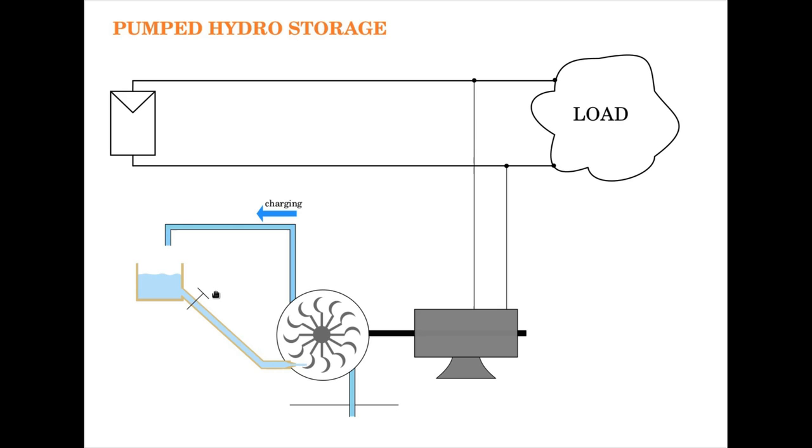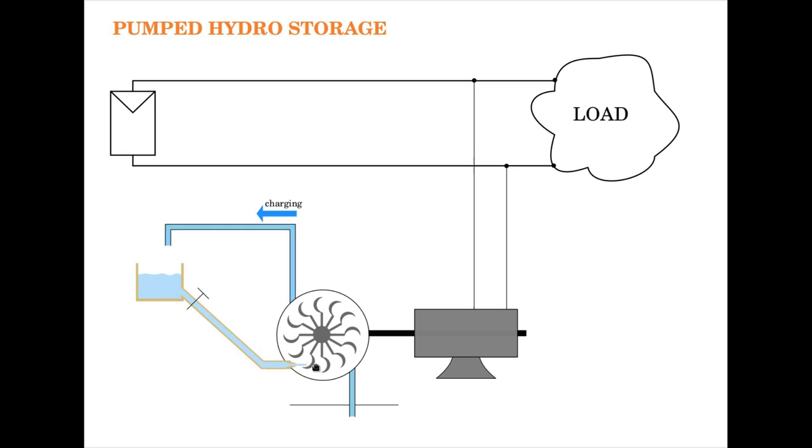So you open the valve. This valve can be electronically controlled depending upon the load requirement. When the power delivered by the PV panel is low, the load will have to draw from here, at which time electronically, automatically, this valve gets operated and released, and water will flow through the penstock and in the form